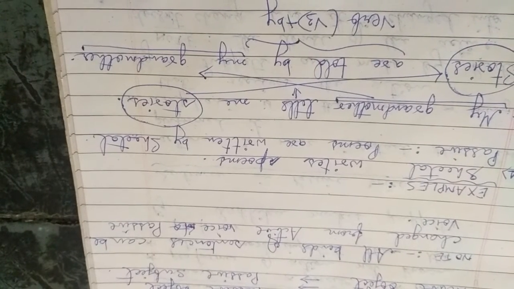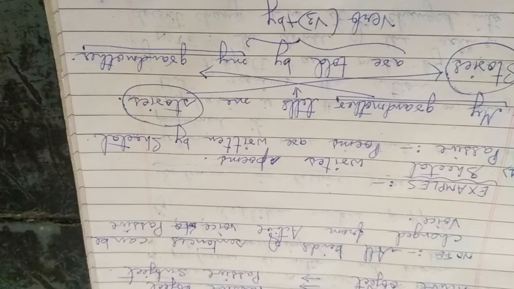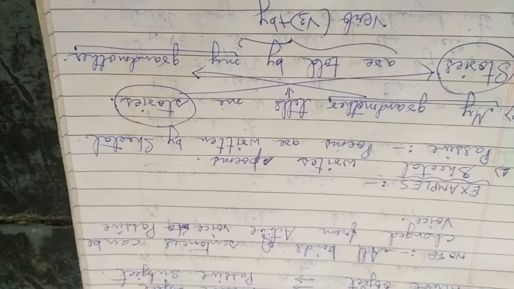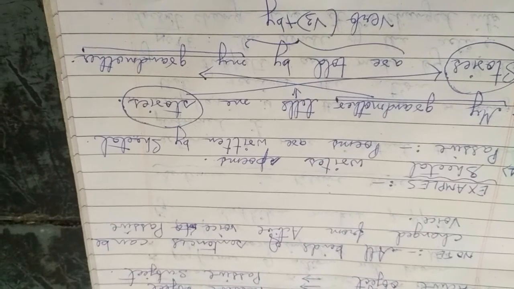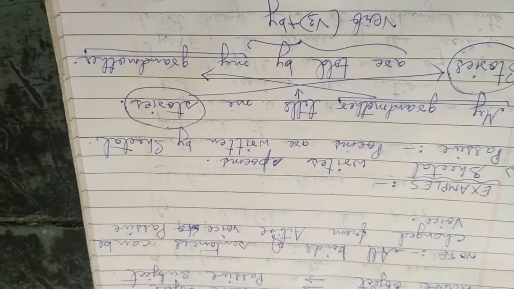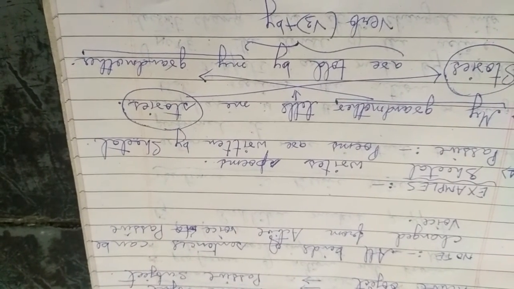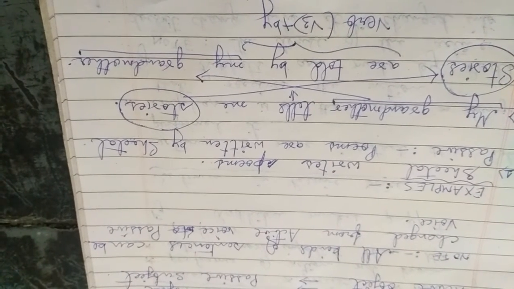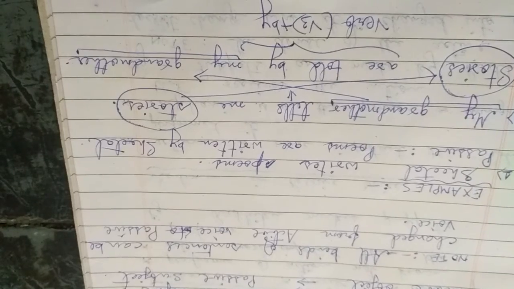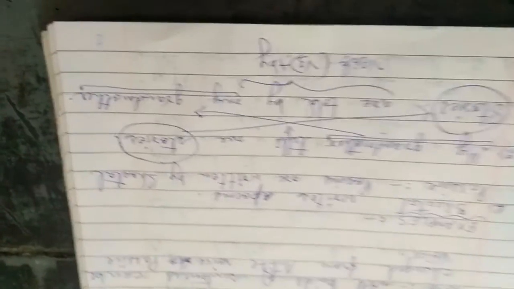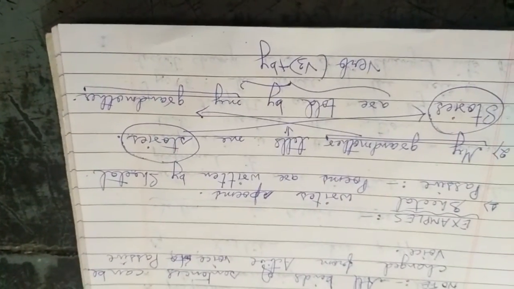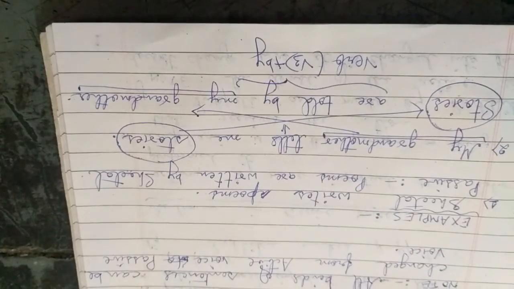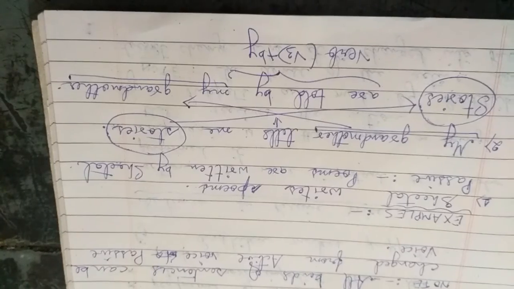And children, note how the verb has been changed. Writes, the root form is write. V3 form of write is written. Add by there. And just before the V3 form, we have used the word are. Why are? Because the subject here is plural now. Poems is the plural form here. My grandmother tells me stories. Stories are told by my grandmother. Okay, revise well. Thank you.